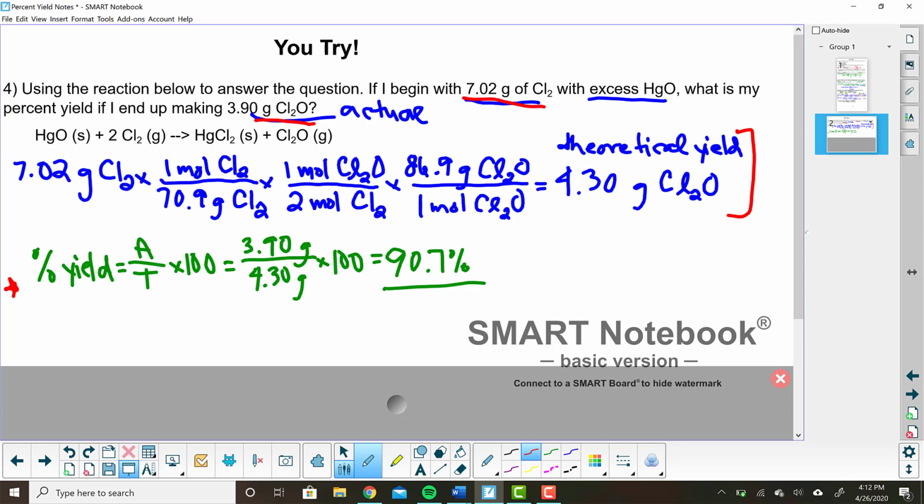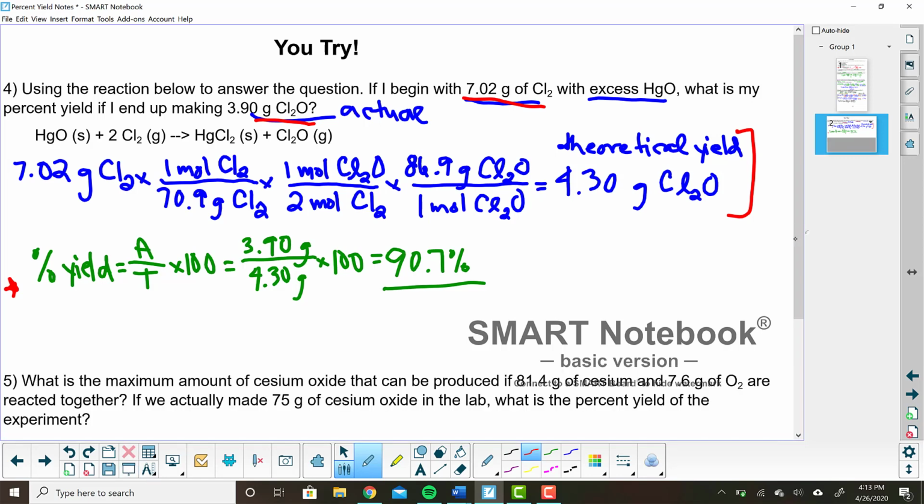It is so to your benefit that these are video lectures and you can rewind them, because in class, you can't rewind a video, like you can't rewind my lectures. You have the opportunity to listen to everything again. So if you didn't understand it the first time, which is totally reasonable, watch it again, okay? Then come back, try these problems. Otherwise, we are going to move on to